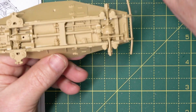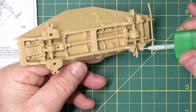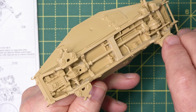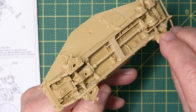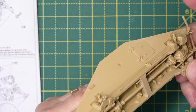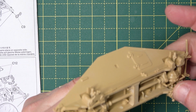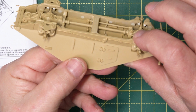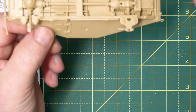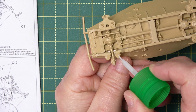Got to do the ones at the back now. Do another one. Putting quite a bit on because by the time I get there, some of it will evaporate anyway. There you go. That's it. That one's on there, as you can see. And then we go around to the other side. And 2 big dollops again. They're not big dollops actually, but